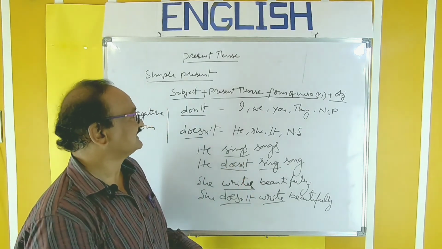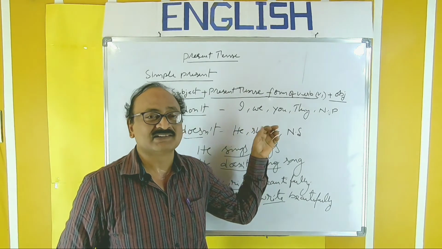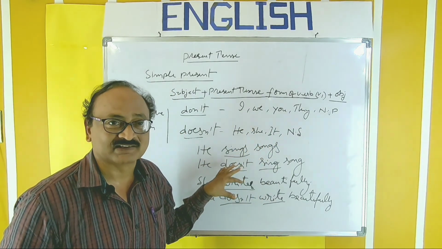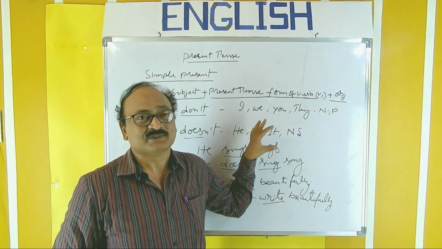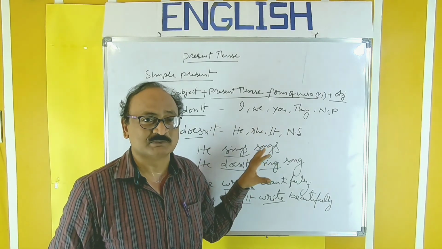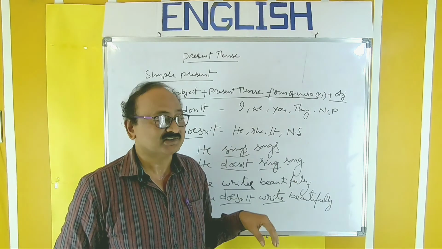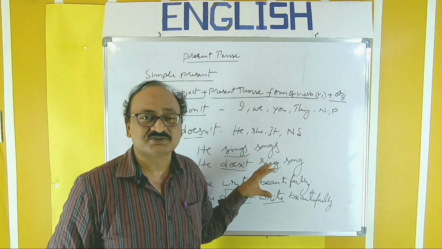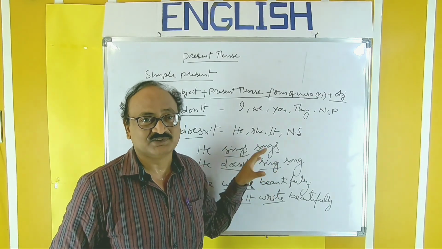So far we have seen the basic structure of simple present and the interrogative form of simple present, and this is the negative form of simple present. These are only structural aspects. Now we have to take up the uses of simple present. There are 5 uses of simple present, and we will see all these uses in the next video. All these uses are very much essential for your day-to-day usage and proficiency of language.